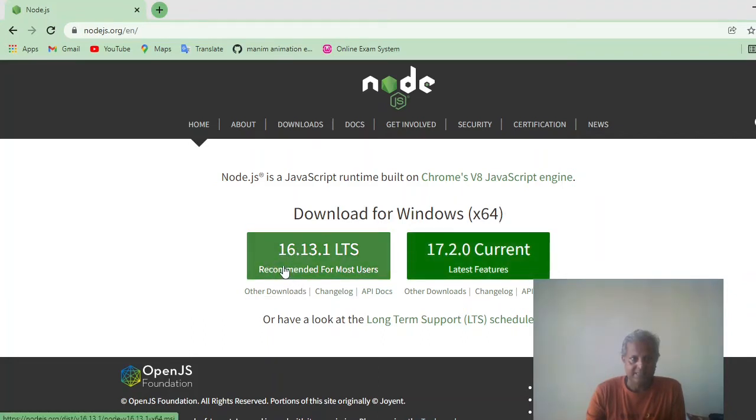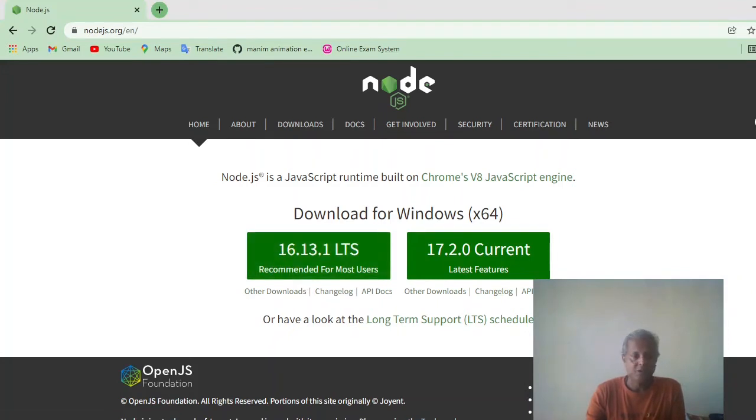and this is 16.13.1 LTS is the version which you can download. Since I have already downloaded, so I don't need that. So first thing is that you have to download this, and you know how to install. It's very simple. Follow the step-by-step processes, and then you'll find that your Node.js will be installed. And along this tab you will always get the npm, so don't need to worry about that, just to install